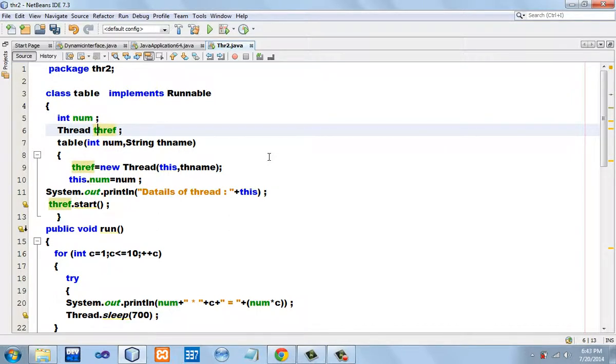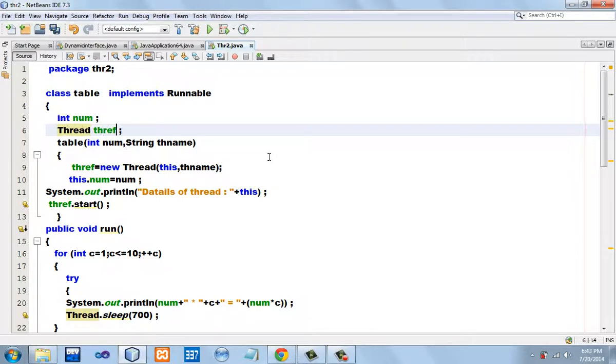And see carefully, we cannot expect multi-threading to work without the help of the thread class. When we use the thread class, we extend the thread class to apply multi-threading. There is no need to declare any object of the thread class explicitly. Why? Because we are extending the thread class. Now, in this case, we are not extending the thread class, rather we are implementing the runnable interface, but we cannot go for multi-threading without using an object of the thread class.